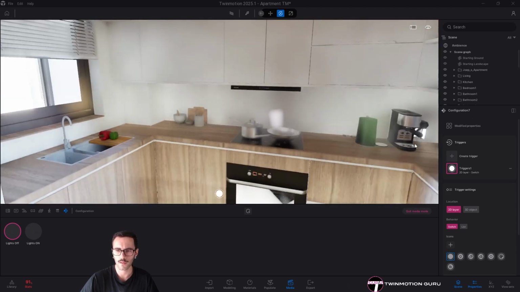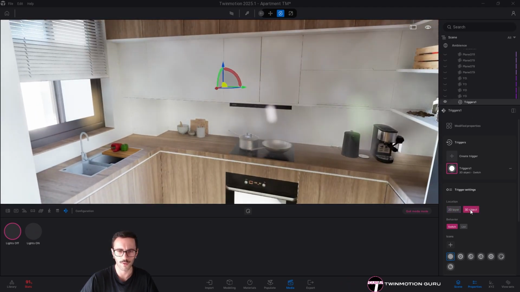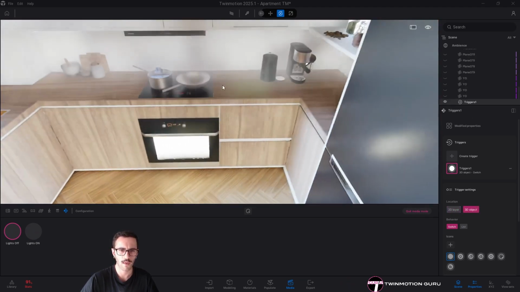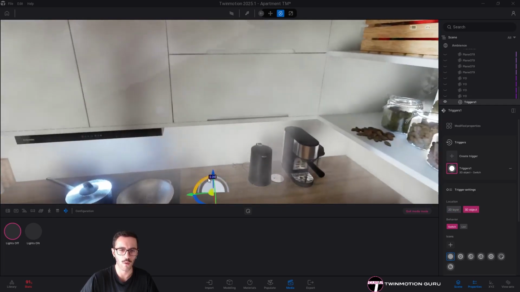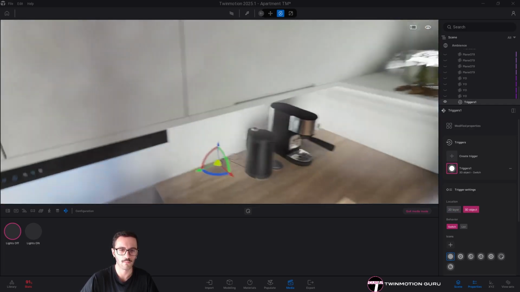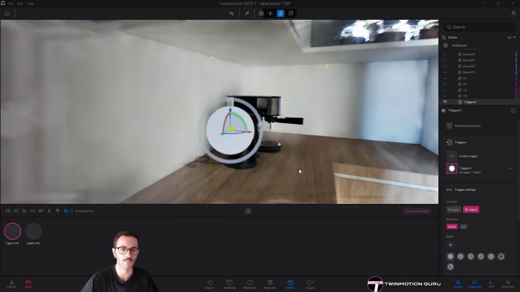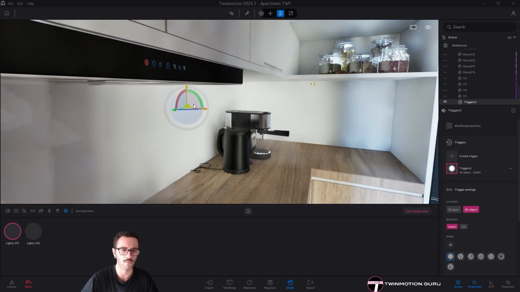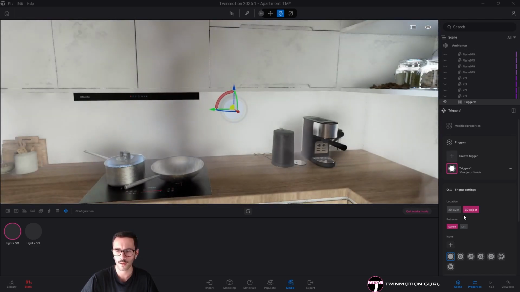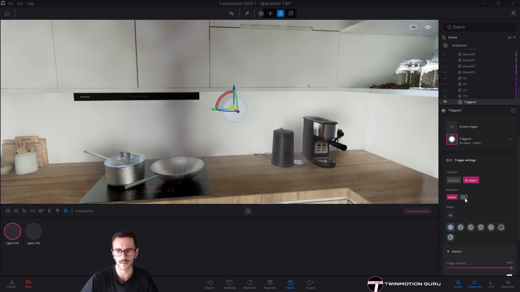From here, in particular, we can also create a 3D object trigger, and maybe put it something like there. You can put it where, of course, you prefer, and this one will be not with the list but with a switch, because it's just a button to be pressed.